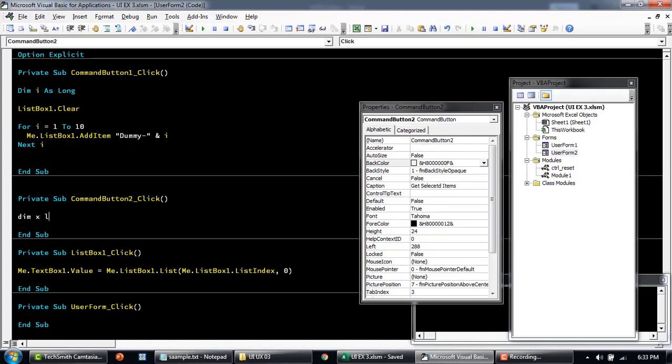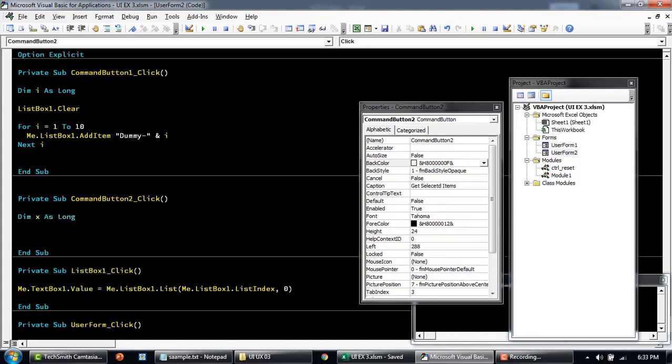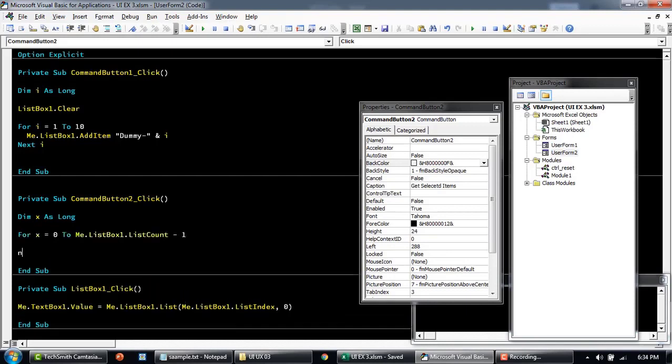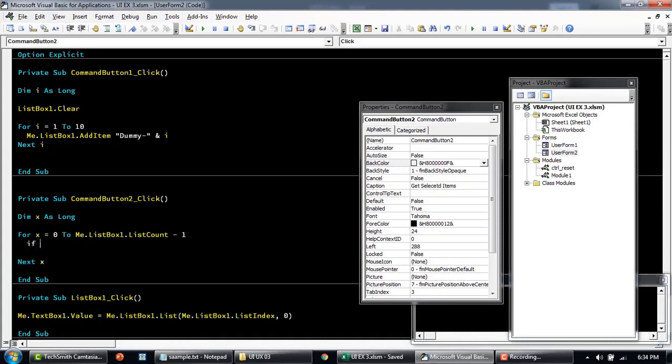So we'll say dim x as long, and then for x equal to, so the index starts from 0 for the listbox. We'll get the count -1, just to take care because it's starting from 0, that's why. So now we'll say if me.listbox1 dot selected, whatever is selected for that particular index, so it's going to loop through and check if that particular index is selected. If it is true, then